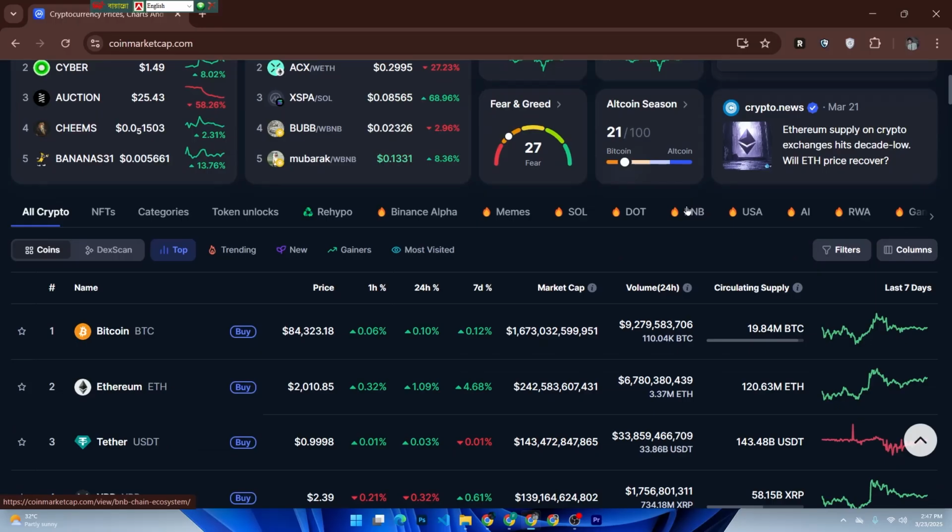This feature is great for monitoring your crypto investments without using